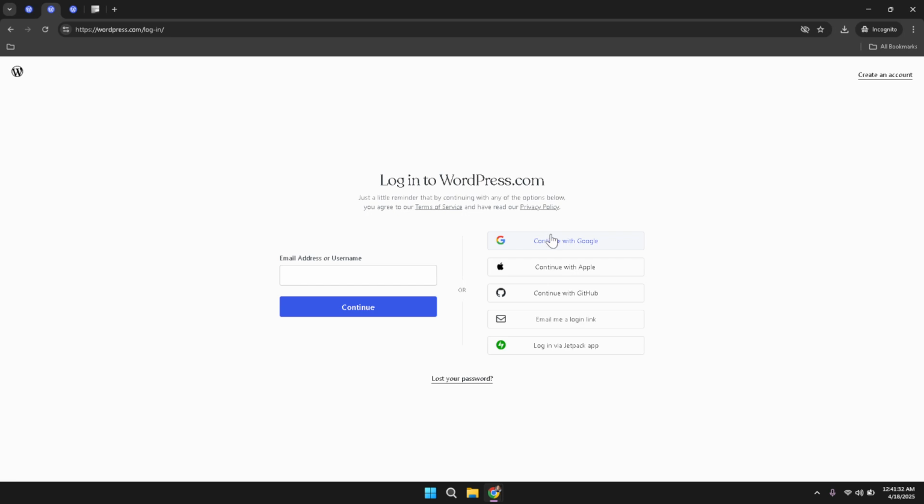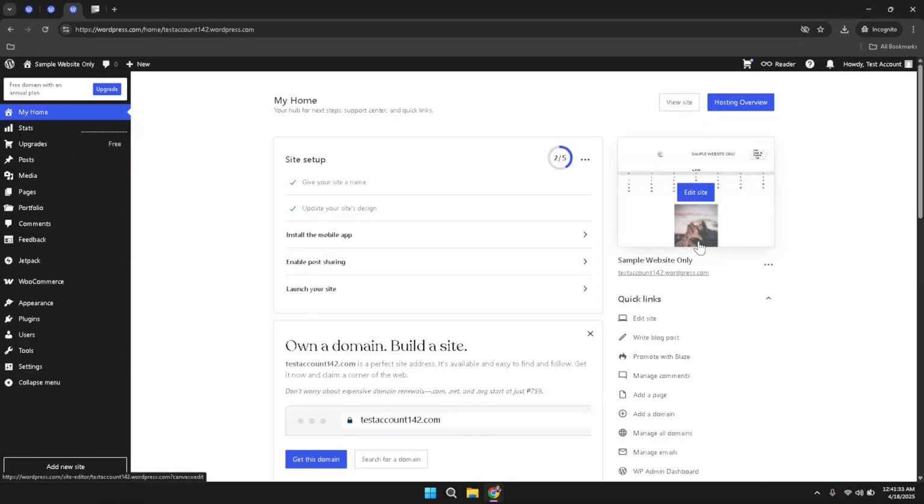Look for the section clearly labeled as Quick Links. Within this area, locate and click on Edit Site. This function gives you direct access to your site's editor, where you can make various adjustments, including the removal of the pagination block. Now that you are inside the site editor, direct your attention toward the upper right corner of